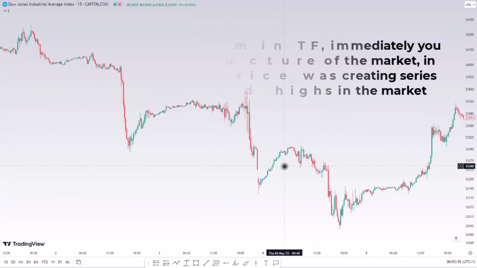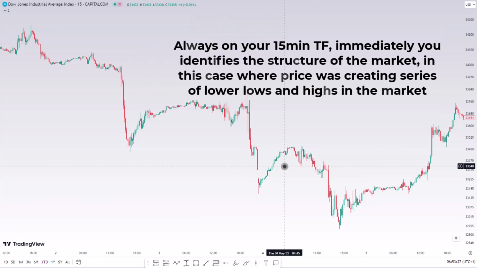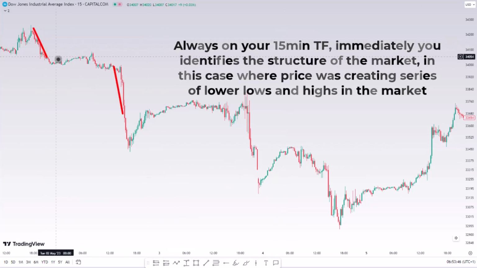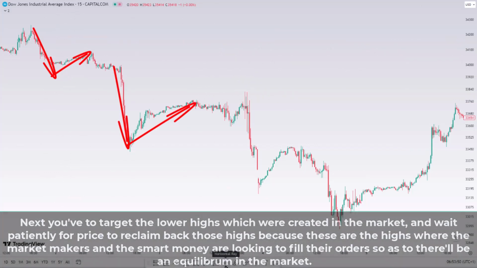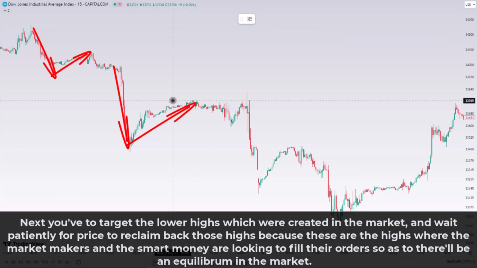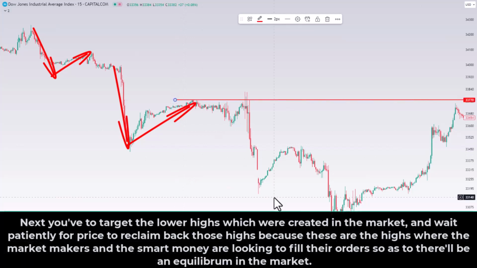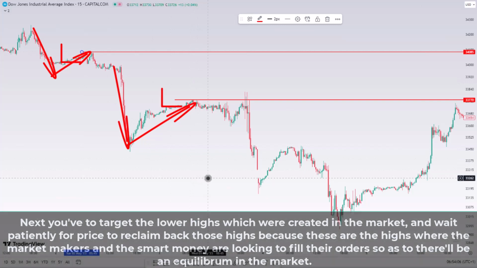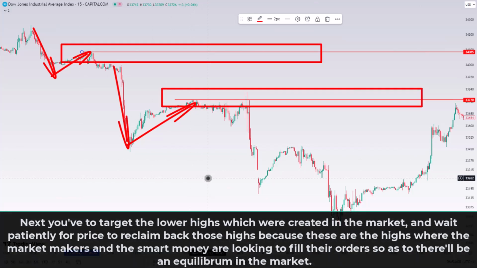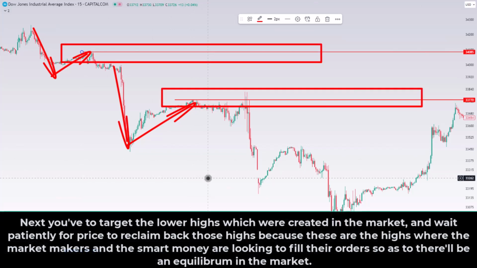First things first, always on your 15-minute time frame, immediately identify the structure of the market. In this case, price was creating a series of lower lows and lower highs in the market. Next, you have to target all the lower highs which were created in the market. This is another high. And wait patiently for price to reclaim back those highs, because these are the highs where